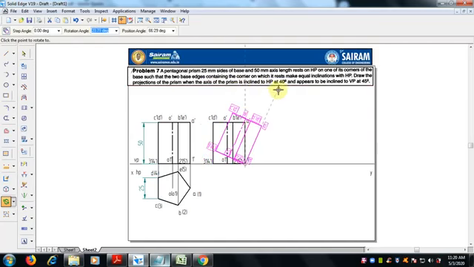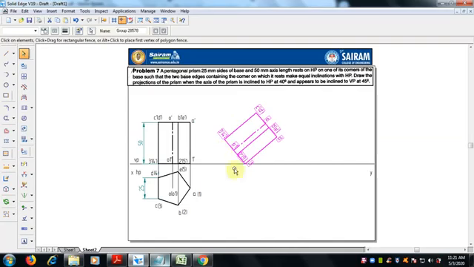Axis of the prism is 40 degrees inclined. So now you can see the scale is 0, 10, 20 like that. So you can make it rotated by 40 degrees.